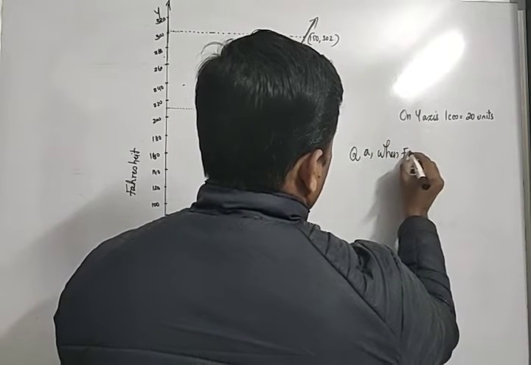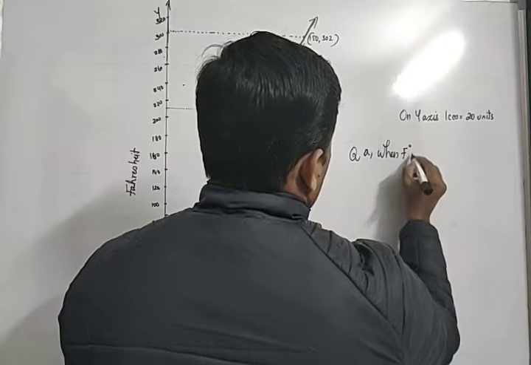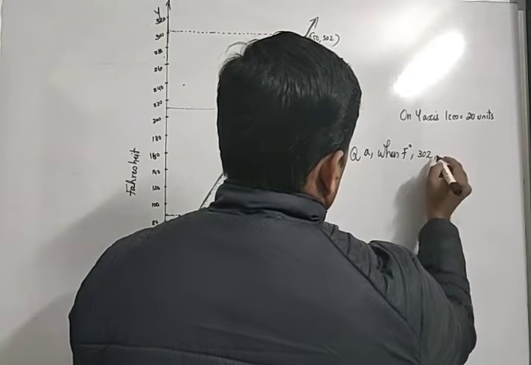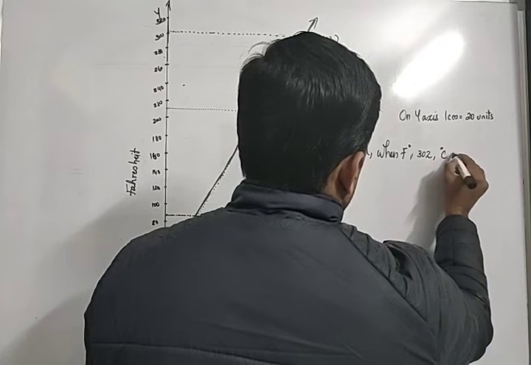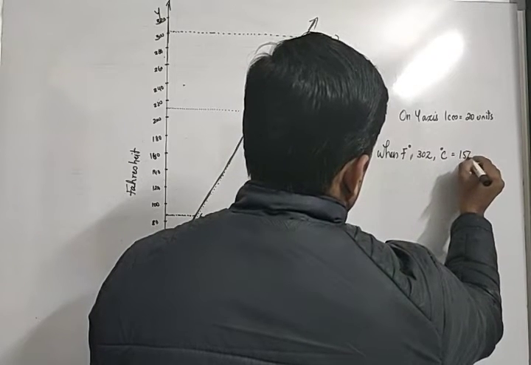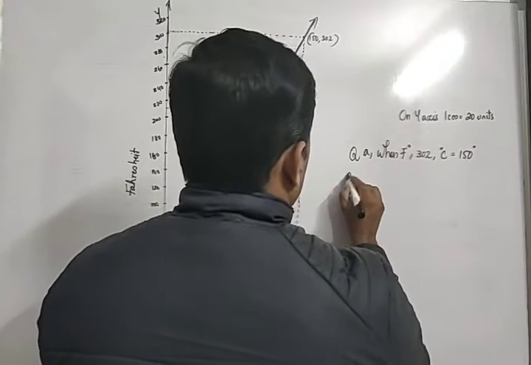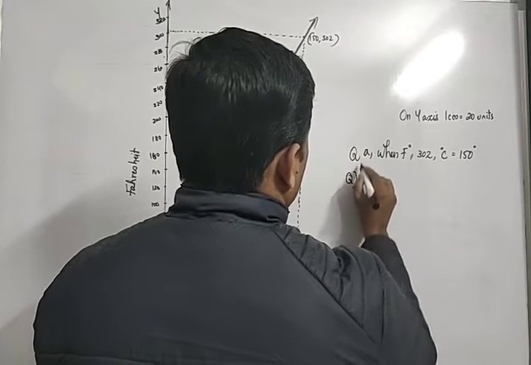When Fahrenheit, degree Fahrenheit is 302, degree Celsius is 150 degrees Celsius. And question B answer,